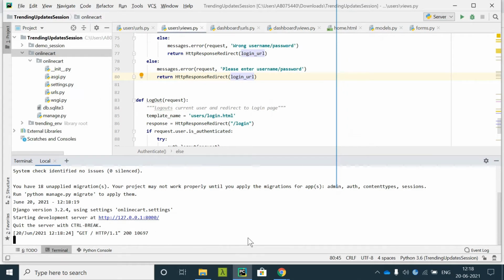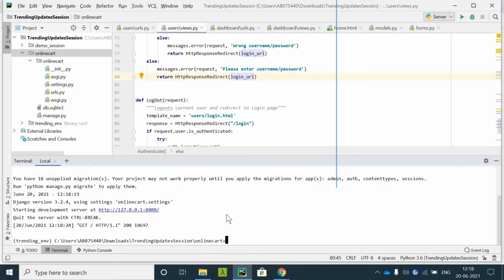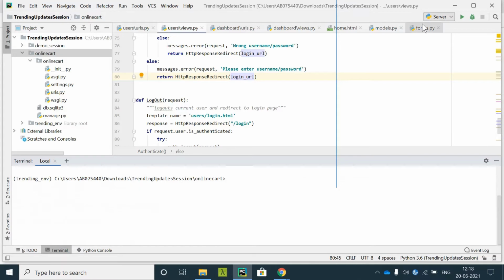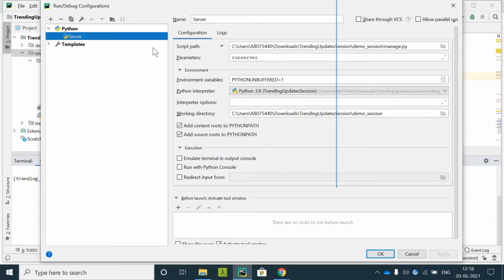So you see, I always need to type python manage.py runserver. We can do one thing: we can make a configuration in PyCharm so that it runs automatically on a single click. So let's go to Edit Configurations, and here I have already set up the server. You can name this as server or anything else to run the server. You need to choose the proper script path to the manage.py file.